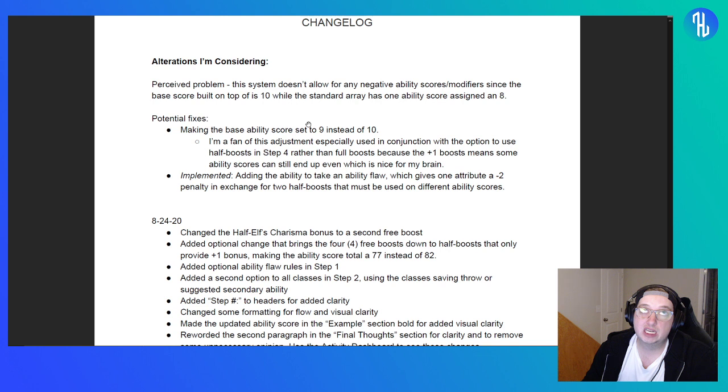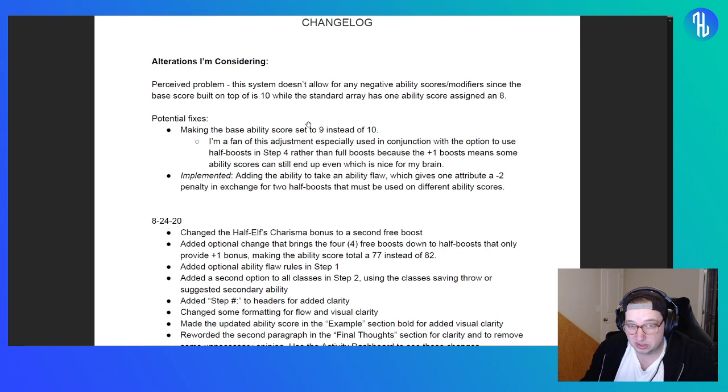So instead of it ending up at 82, you end up at 76, which is right there at what you get from the Player's Handbook and the standard array. So I think it kills a couple of birds, but